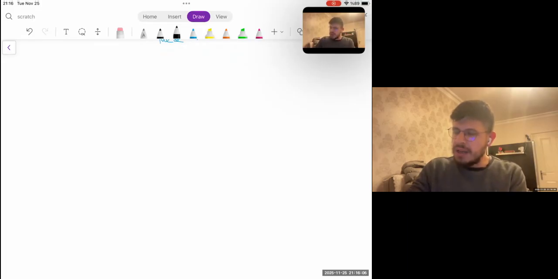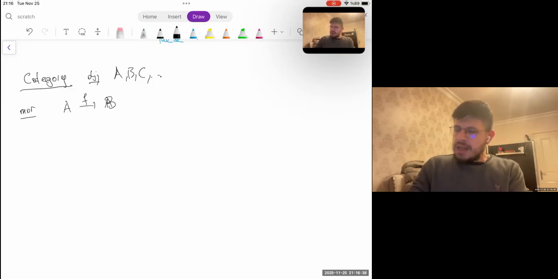Because I want to do a combinatorics-focused talk, let me start by expressing an idea. We have the notion of category, and in a category we have objects, say A, B, C, etc. And then we have morphisms, which we typically denote by arrows, f: A to B. So this is an arrow,